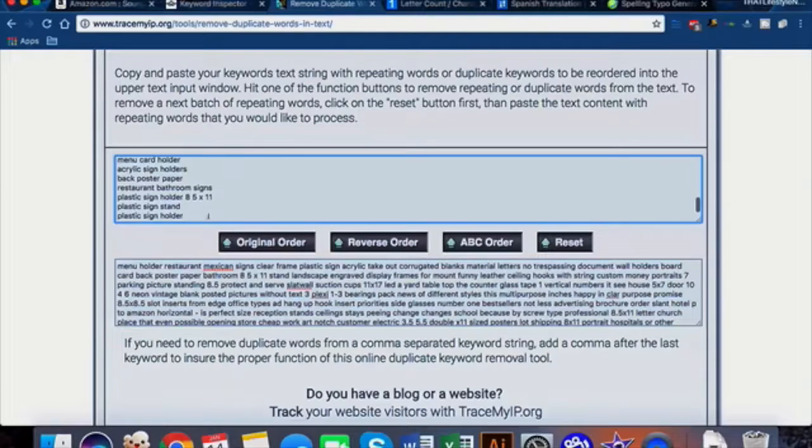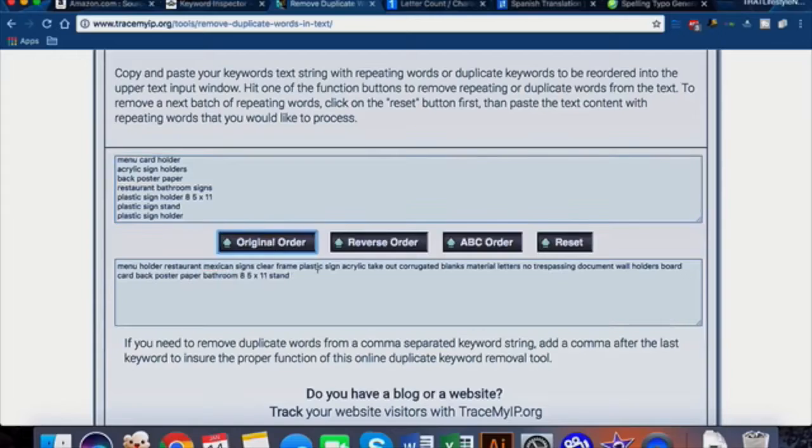And so these are the top volume of all of our searches, right, guys? So let's take a look at these. Menu holder, restaurant, Mexican signs, clear, acrylic, corrugated. Maybe corrugated isn't the best word for us. Blanks, material, letter, no trespassing, document, wall holders, board, card, back, poster, 11 stand, right? So these all make perfect sense, right? These are our biggest volume, guys. So then take this